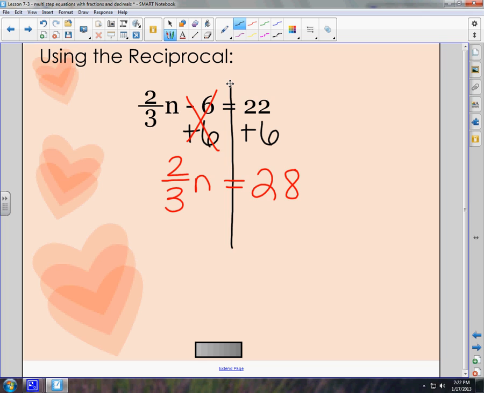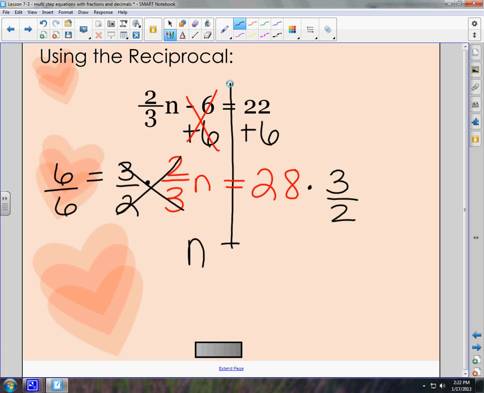Now, if you remember, I want to get rid of 2/3 because I want to isolate my variable. I'm going to multiply by the reciprocal. By doing this, 2 times 3 is 6, and 2 times 3 is 6. 6 divided by 6 is 1. These end up canceling each other out. But I have to do it to this side also. So then I'm left with n equals